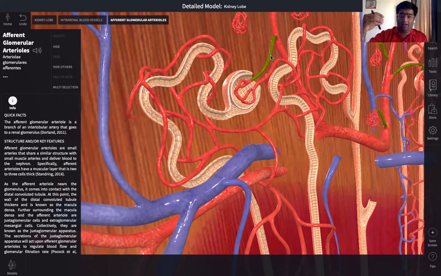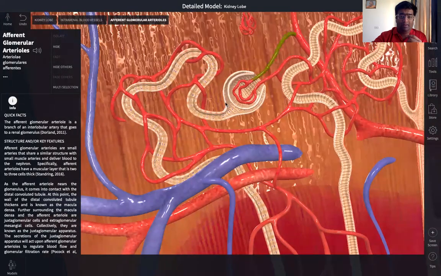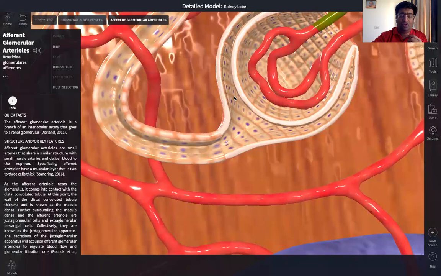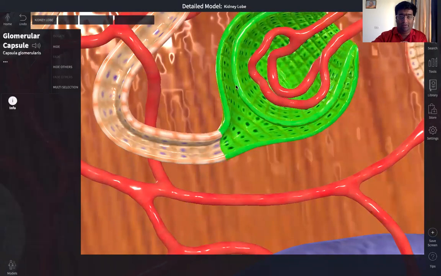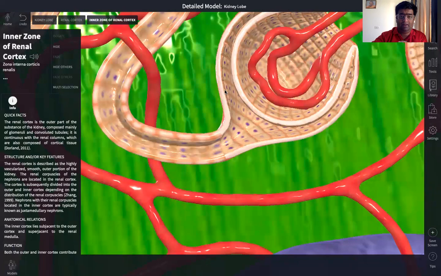So the blood entering the glomerulus has a larger volume, but the blood that leaves the glomerulus has a reduced volume, and it is also much thicker because most of the liquid part of the blood is filtered out and it collects within the space between the two walls of the Bowman's capsule. You can see here there are two white lines that are marking the walls of the Bowman's capsule, the inner wall and the outer wall. The space in between is called the urinary space, where the primary urine or the first filtrate that is formed after ultrafiltration will collect.